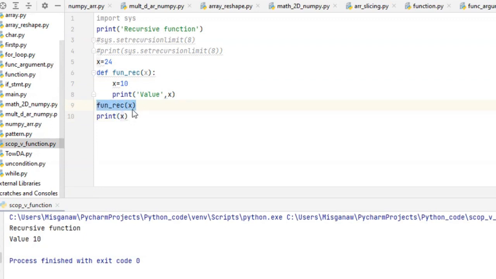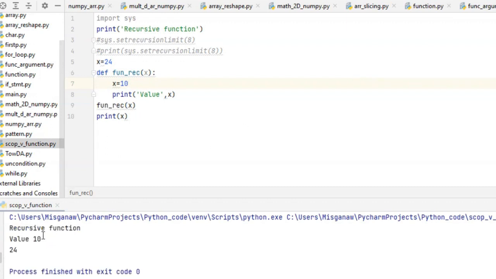This function will display 10 and this one will display 24, because when I write print x, I am calling the global variable x. When I call the variable inside the function, that means the local variable. Let's check. You see, value 10 is the local variable value, and 24 is the global variable value.